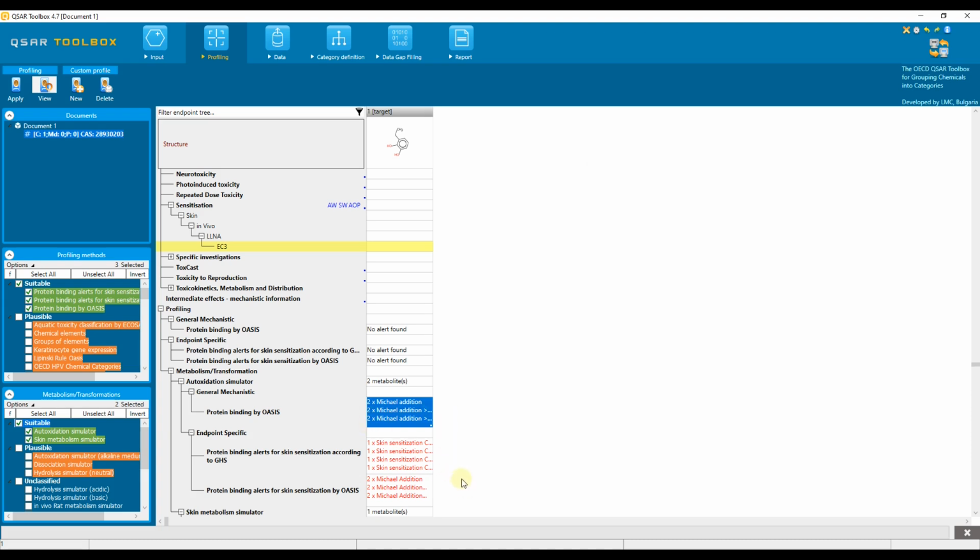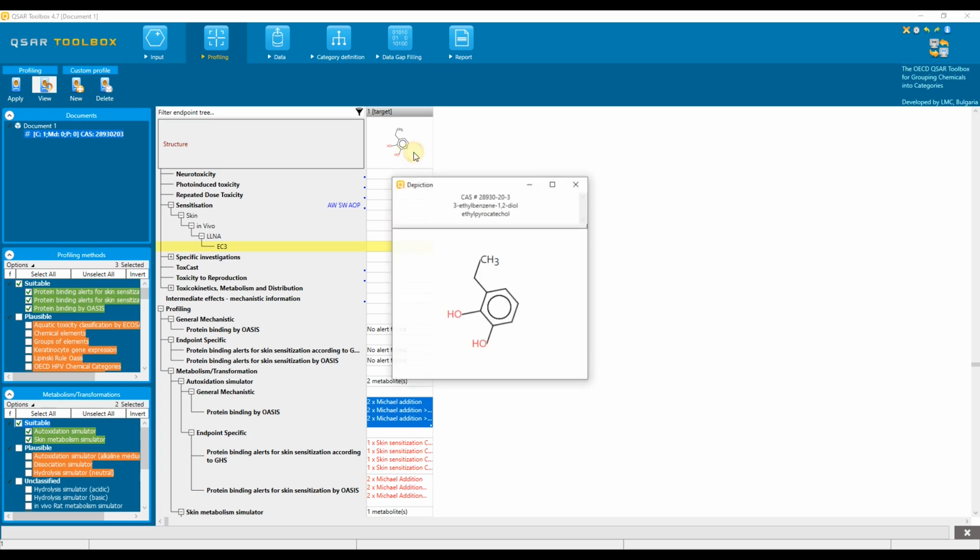And we should not consider the profiling result of a metabolically activated chemical as a prediction. To predict a chemical, we need to collect analogues with experimental data. The present example shows how analogues can be collected considering the abiotic activation of the target chemical with respect to skin sensitization endpoint. Once we have added the target chemical using CAS number